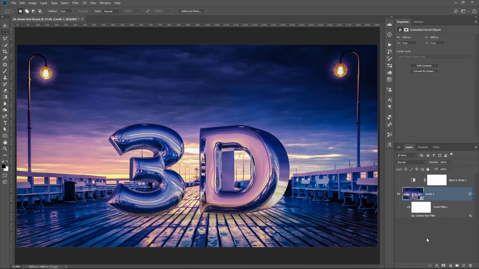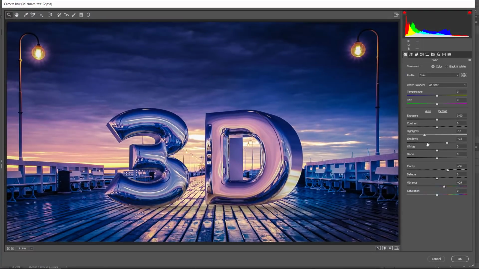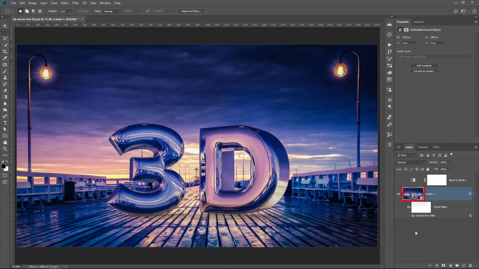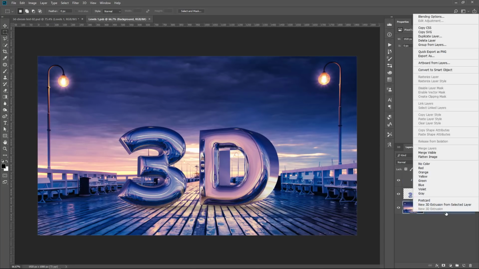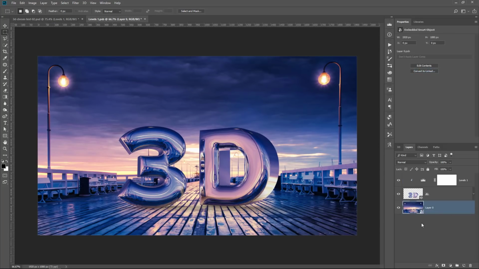The advantage of using a smart object is that we're working non-destructively. We can double click on the camera raw filter to fine tune those adjustments, or I can double click on the smart object to open up the contents in a new tab. I can also right click on that background and convert it into a smart object so that I can apply